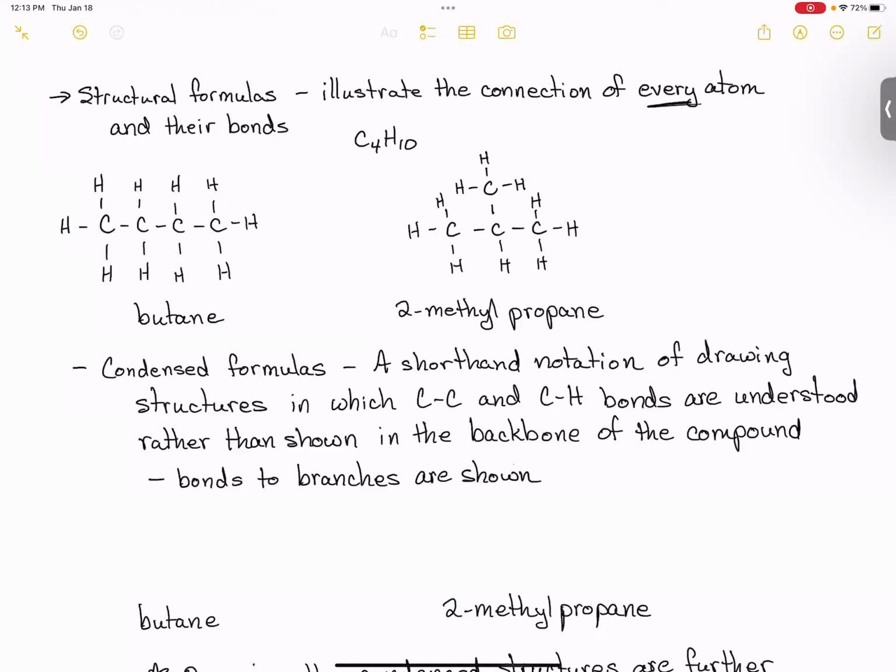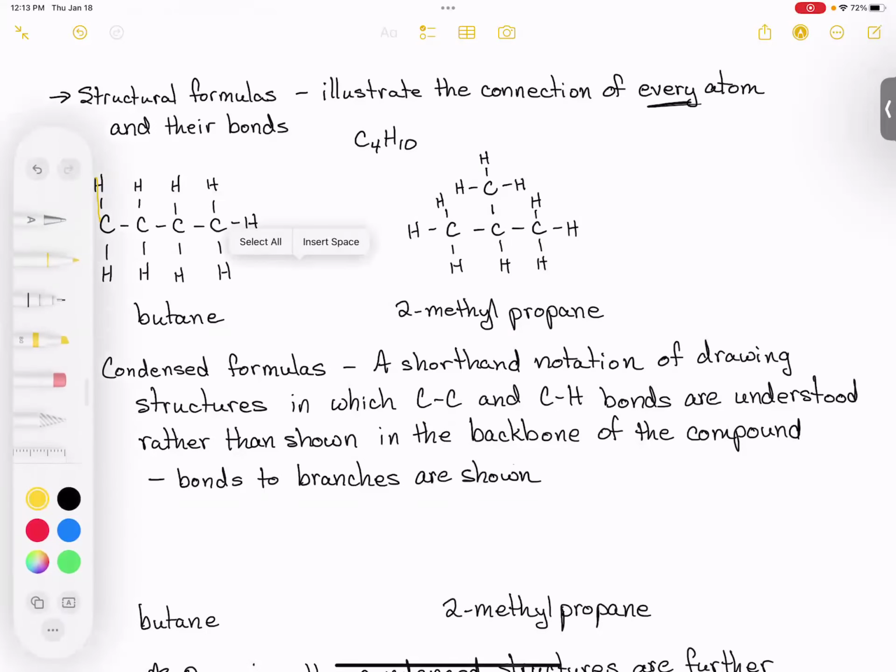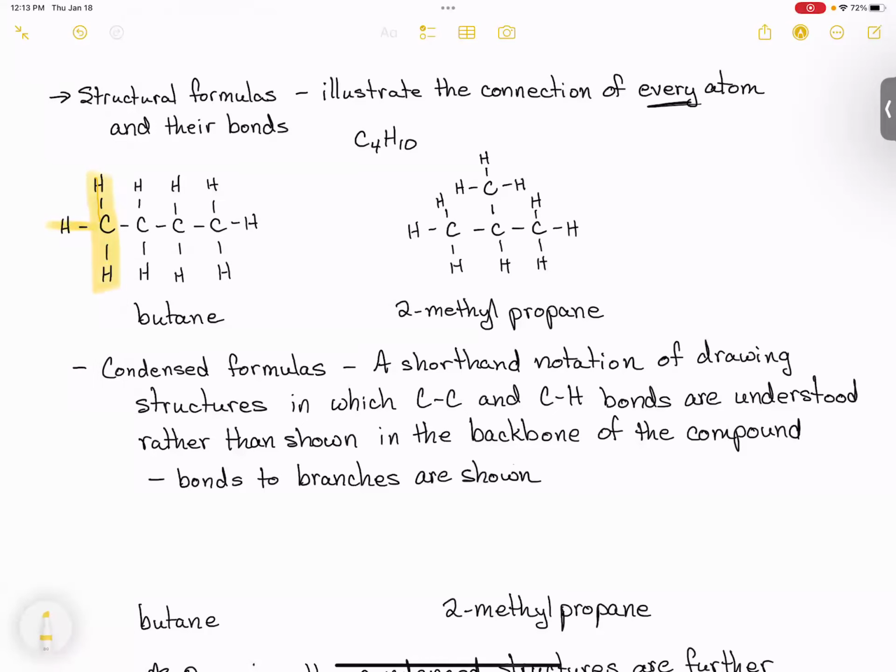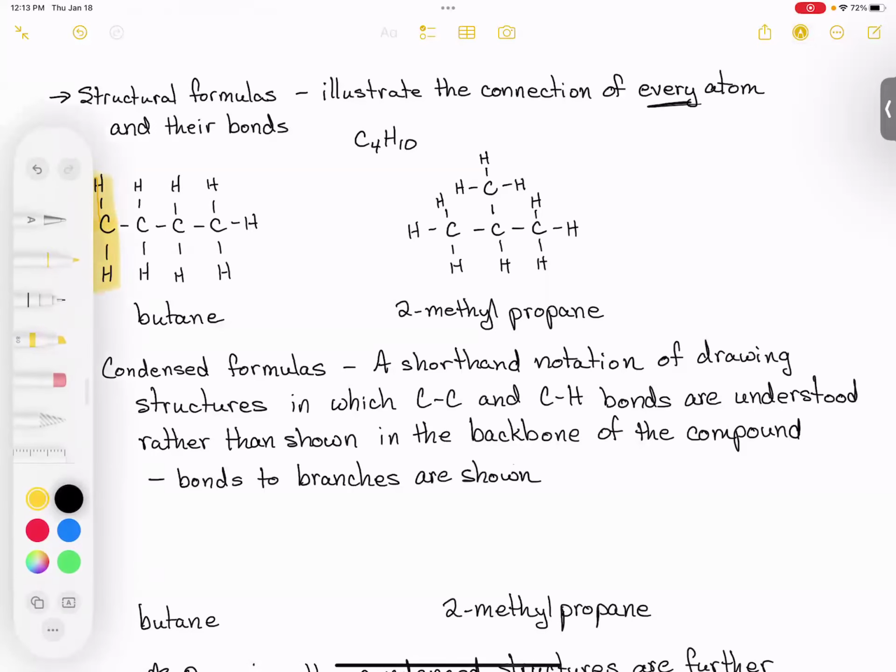But in a condensed formula, we're not going to show the bonds for every single carbon-hydrogen bond. They are understood. So let me just illustrate what I mean. So let's take this butane that we just worked with. This first carbon has 3 hydrogens attached to it. So we would write